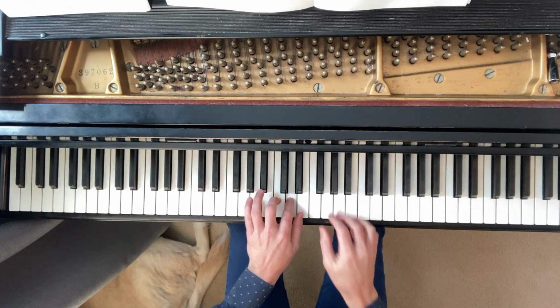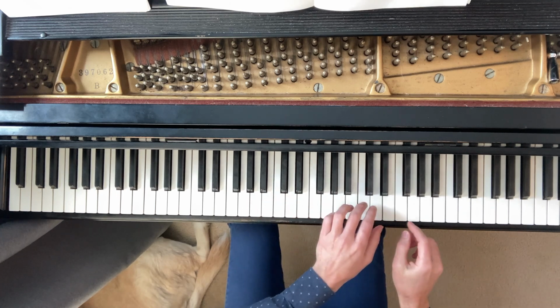The next three pieces are all to do with scales that don't have 7 notes. Now to explain that, let's look at the diatonic scale. C major, for example, 1, 2, 3, 4, 5, 6, 7, and then it starts again, 1, 2, 3, 4,